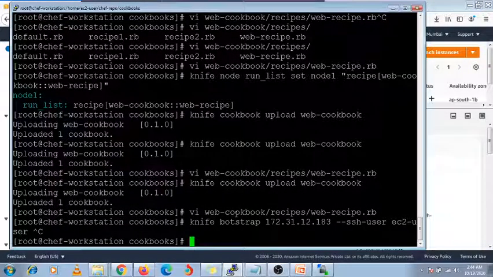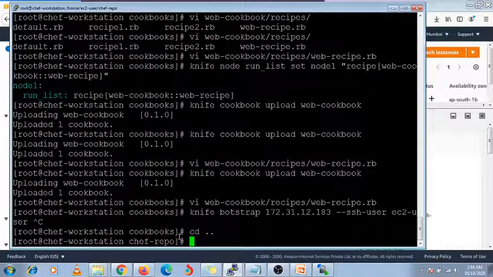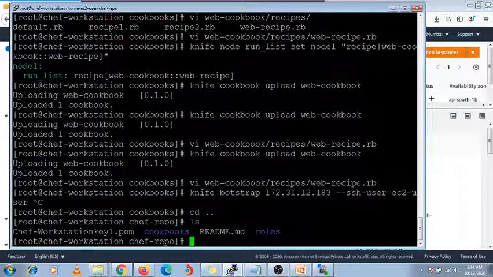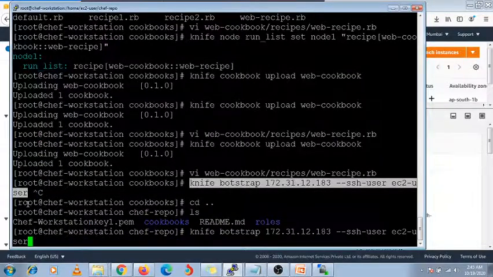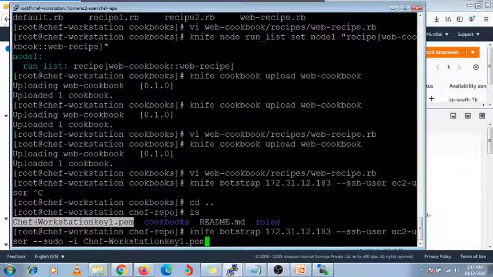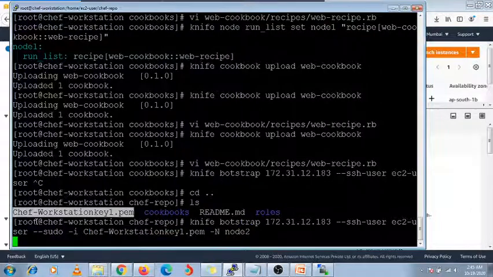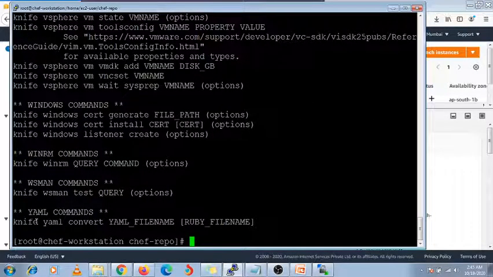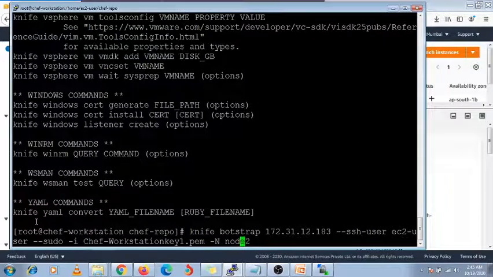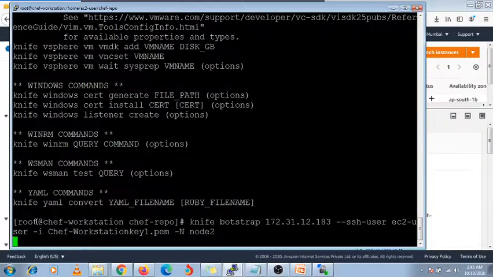I need to go inside this chef-repo because this key is available here. So I'm going to run this command again, with hyphen sudo, hyphen I, this is the key you need to use, and hyphen capital N specifying this node as node 2.